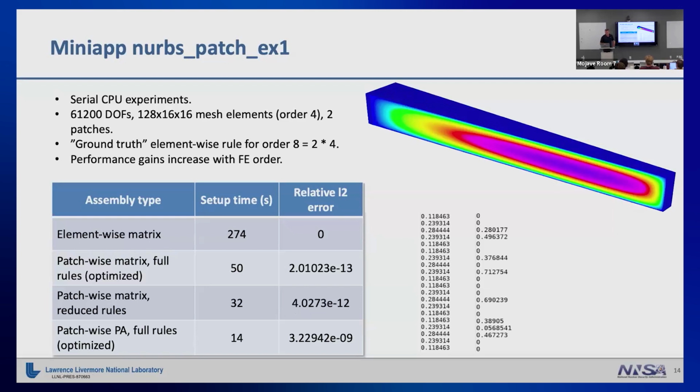And for fun, I also show the patchwise partial assembly. We're looking at the setup time, so this is not really a fair comparison. For PA, the bottleneck comes from the solve time, not the setup time. But you can see that at least the patchwise matrix assembly is getting closer to that minimal amount of setup that's used by PA. And the error that we get from these sparse rules is